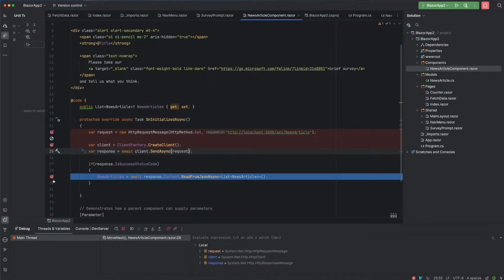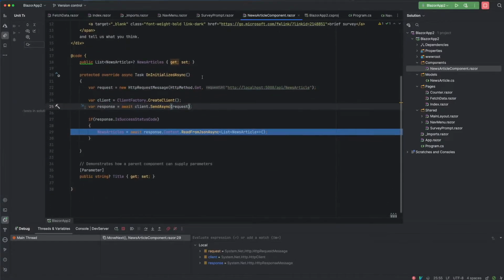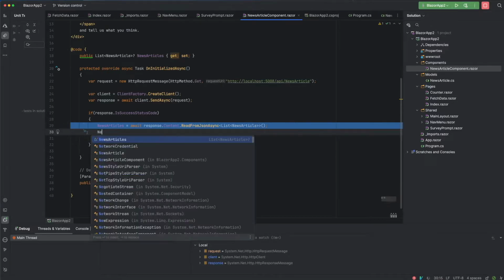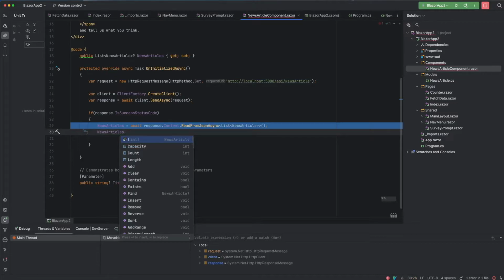So if we now go back to our Blazor app, we can take a look at our components. We can see down here, if we remove the breakpoint for now, it says uninitialized async and the localhost 5008 API news article. Everything is fine. If you notice down here, it says content read from JSON async. What does this actually mean? It means that we are now fetching the data from the API and we are storing it in a list